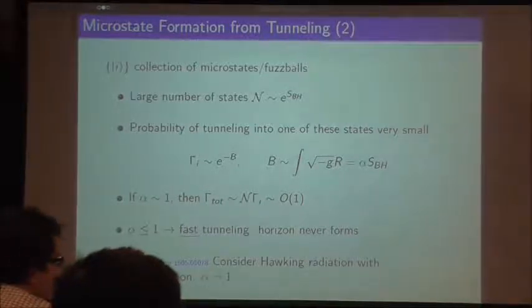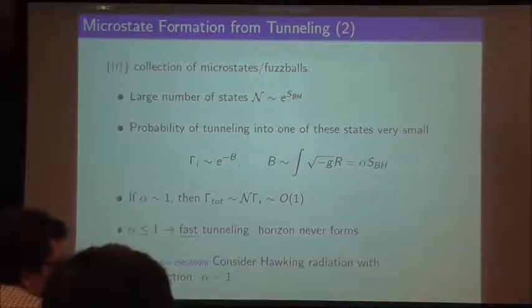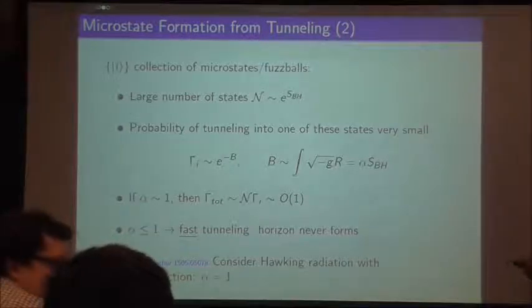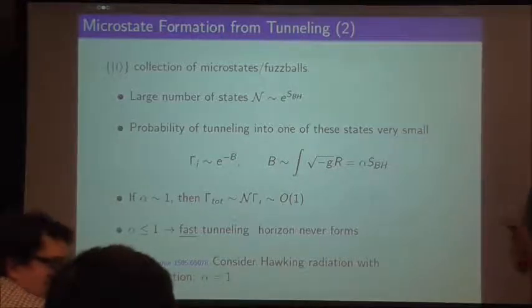And this is definitely not a very concrete argument. I can't back this up with calculations, but this is sort of the idea of how you resolve the whole information paradox. Because if you have fuzzballs instead of black holes, then if you throw something in, it's smooth, so there's no singularity to hit, and it can come back out, with some information or not.